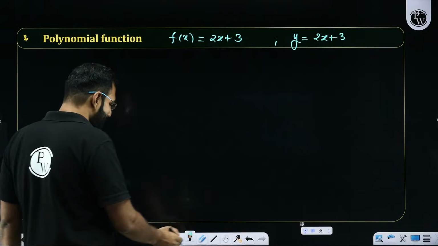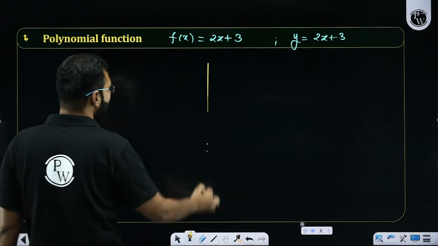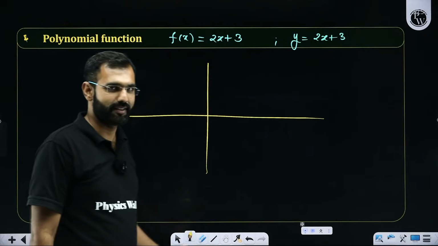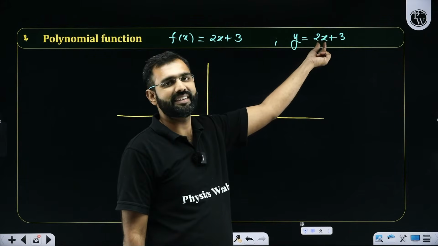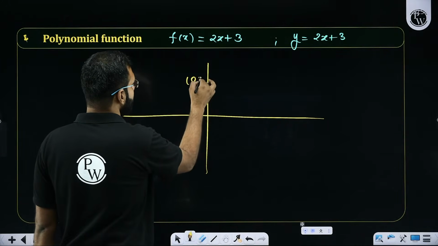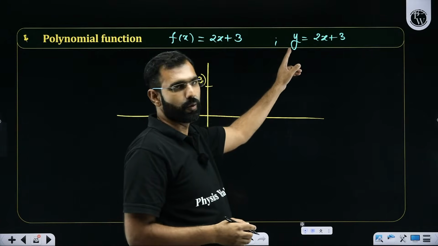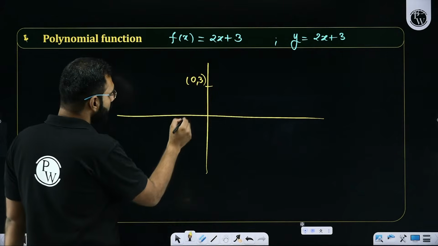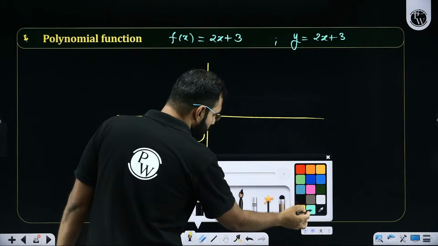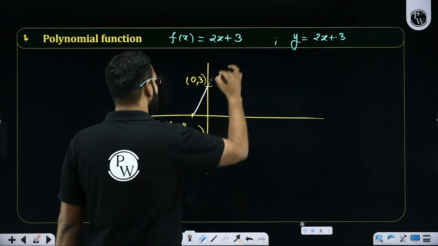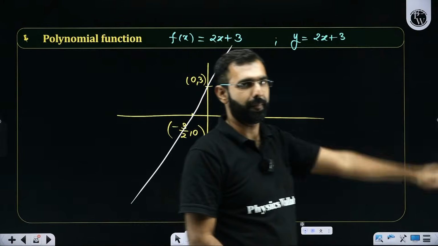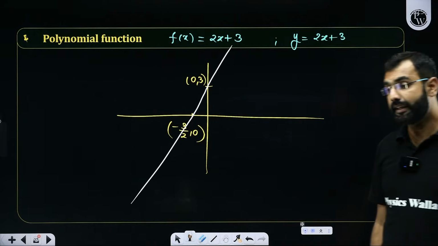Exactly. Vijay is trying to write it in the comments, although he's struggling a little bit, but I'm sure you must have gotten it. So how do we draw a straight line? I'll just figure out a few points. If I put x as 0, y will be 3, so there will be a point (0, 3). If I put y as 0, x will be minus 3 by 2, so this point could be (-3/2, 0). If I join these two points, I get a straight line, and it is nothing but y = 2x + 3. Yes, it's a linear polynomial.